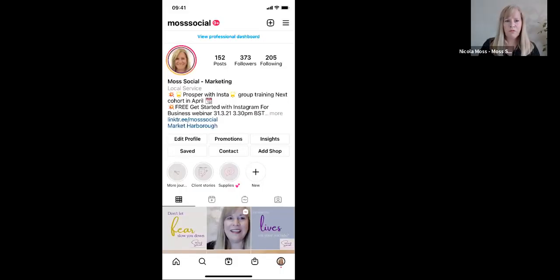So let's go back to sharing screen. It was supposed to be on automatic, so I don't know what's happened there. Okay. Right, back to